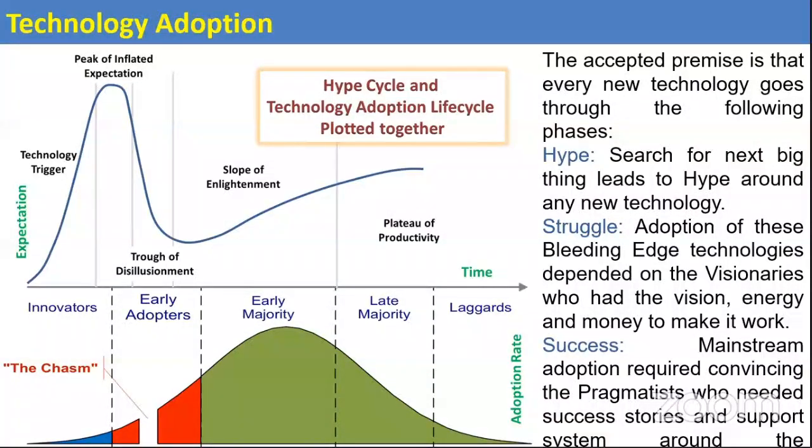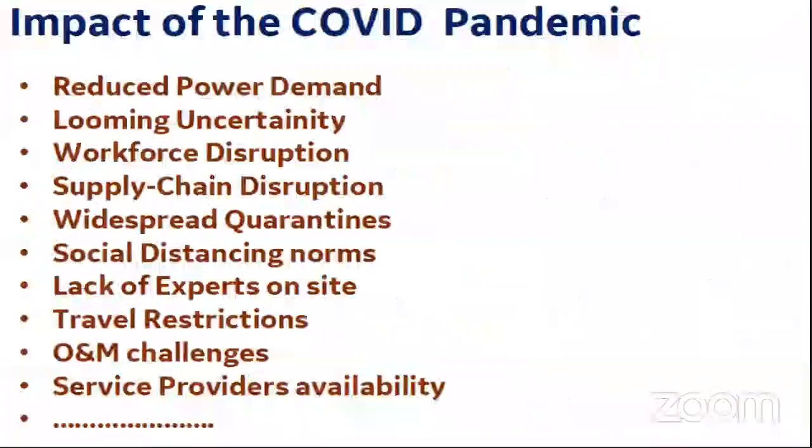And this is a very standard curve which you see, and there is always a peak of inflated expectations, then a trough of disillusionment, and then there is a slope of enlightenment. We will have to go through this path, like it or not, but it's all up to us in the industry how we can change the timeline. The y-axis of this can always be changed if we do things on the y-axis at a much faster pace.